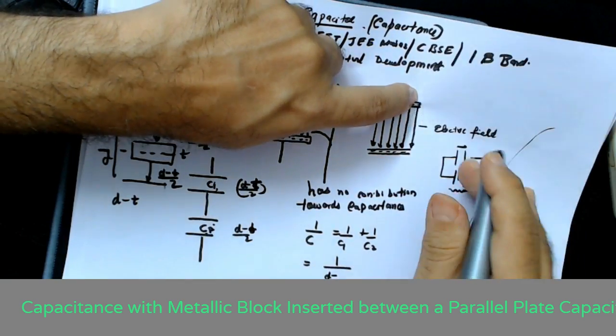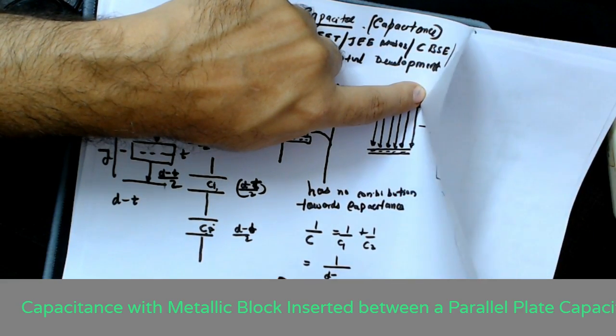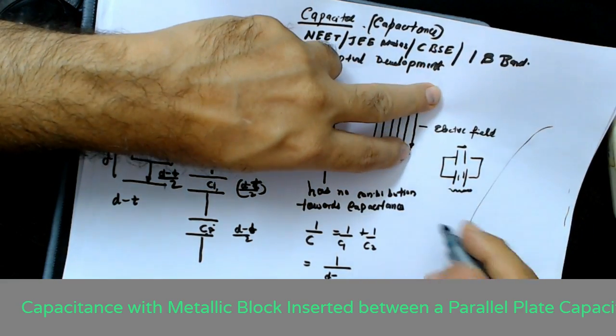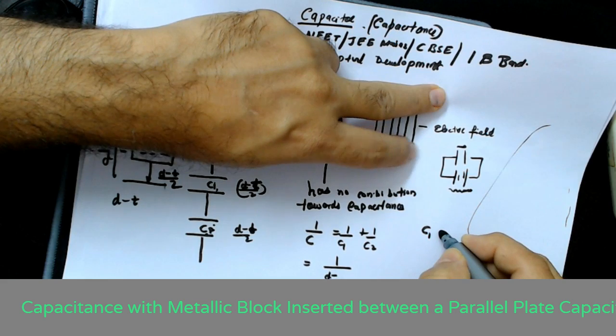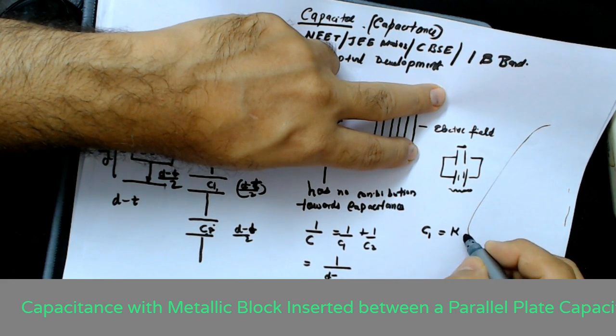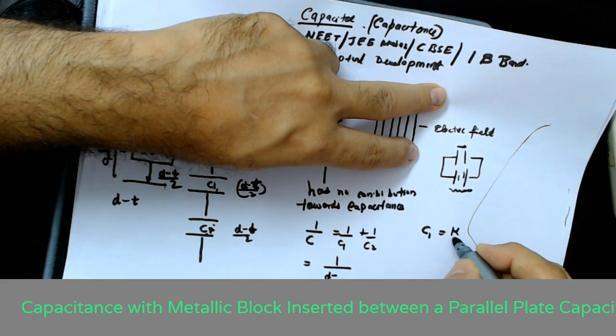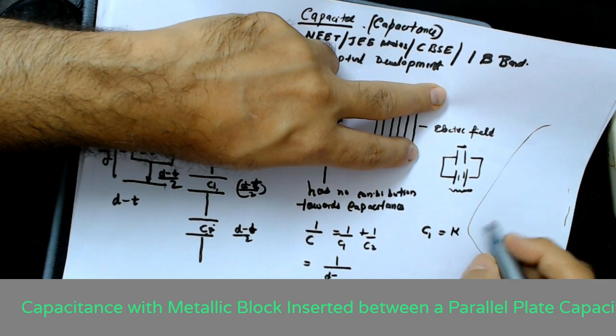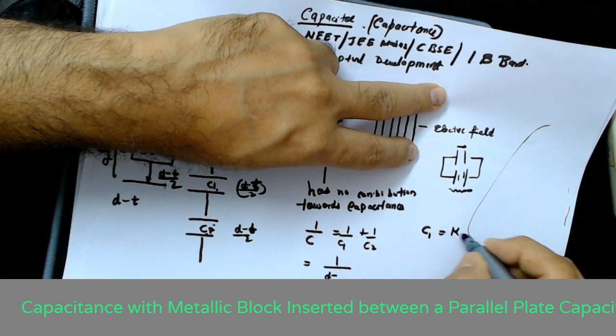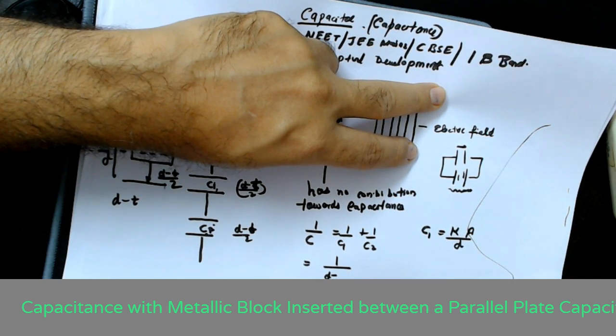Since air is the medium, you can write the capacitance of the first one with K, which in the case of air is going to be 1, so K A by D. The D is nothing but reduced to D minus T by 2,